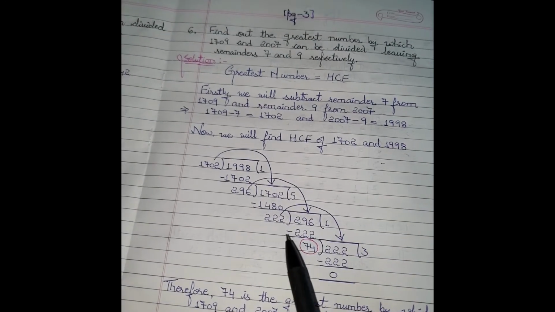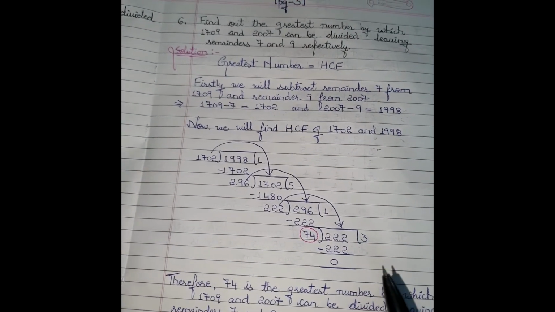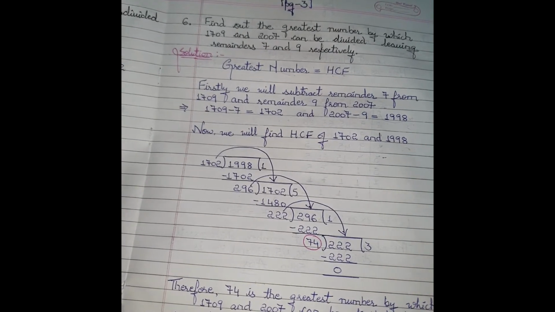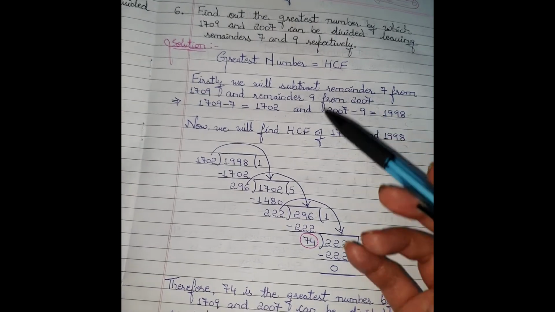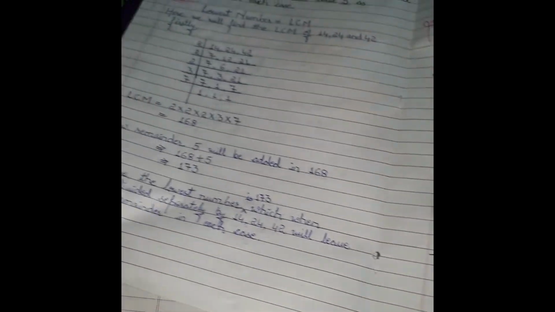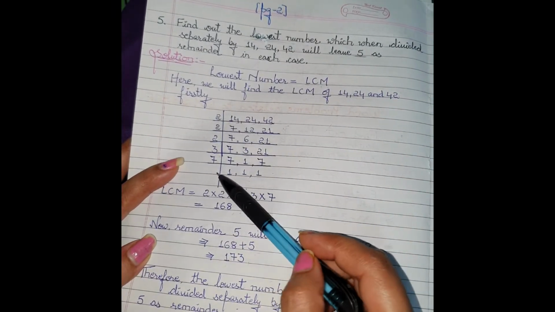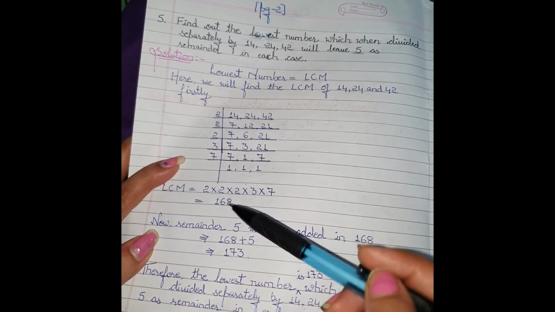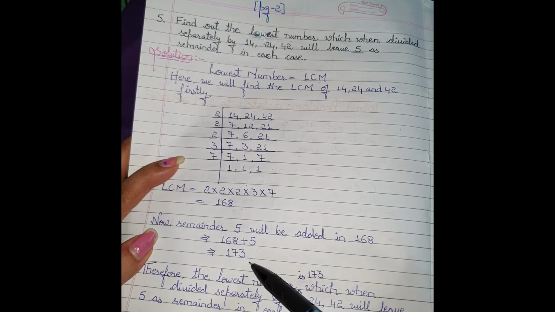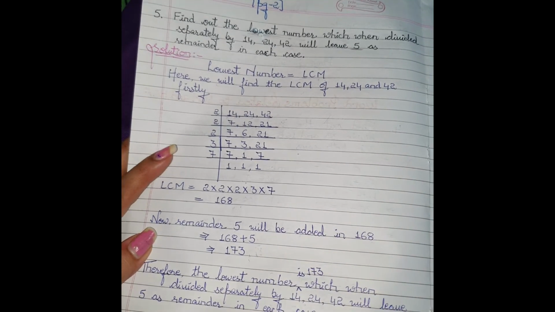Okay students, so this was question number 6. Remember, in HCF I am repeating it again and again so that it will come to your mind and you will understand it. In HCF you will subtract the remainder in the first step and then you will solve the result after subtraction. But in LCM, you first have to find the LCM of the numbers as given in the question, and then after getting the result, you will add the remainder. Okay students, here you have to add the remainder, but in HCF, you have to subtract the remainder in the beginning.